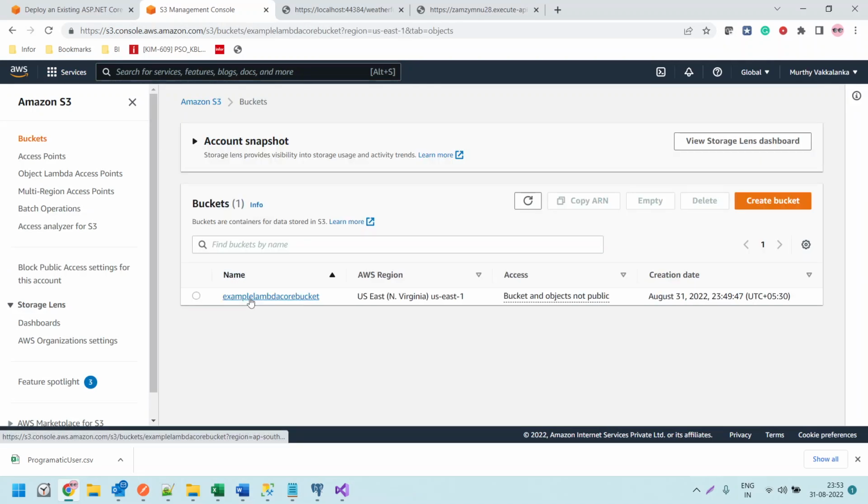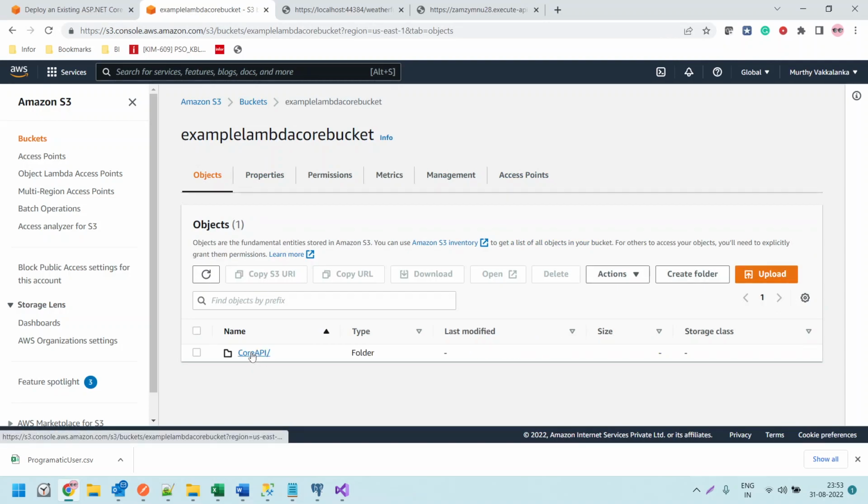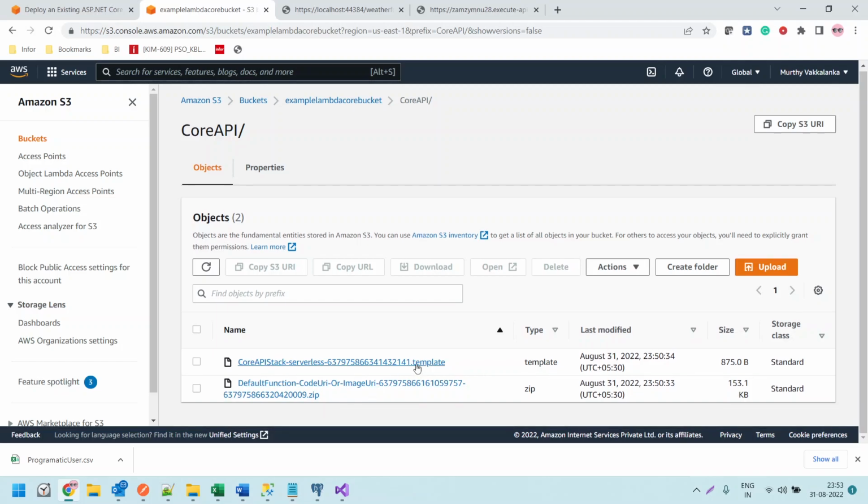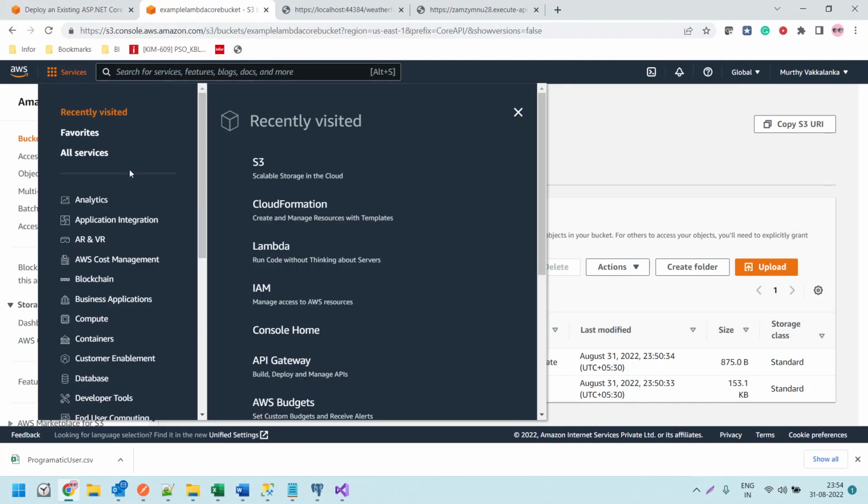see here in the bucket. So this is the prefix. That is why core API is under this. So this is the template and this is the code. It has zipped that code and created the zip file, and with this zip file a Lambda function got created. So if you go here, Lambda,